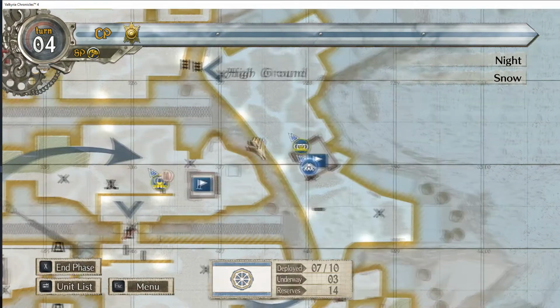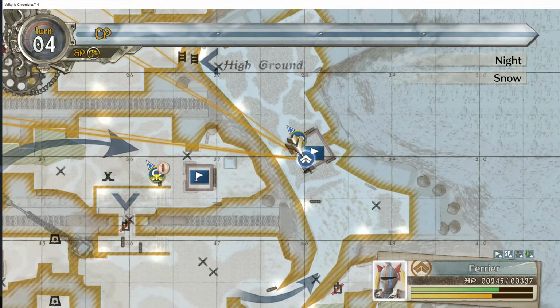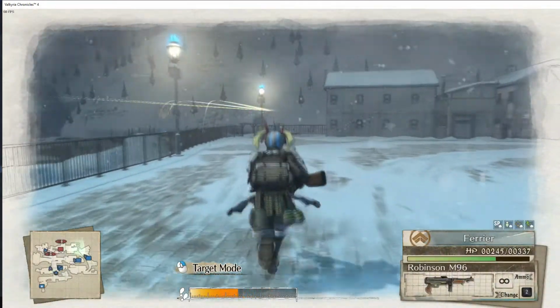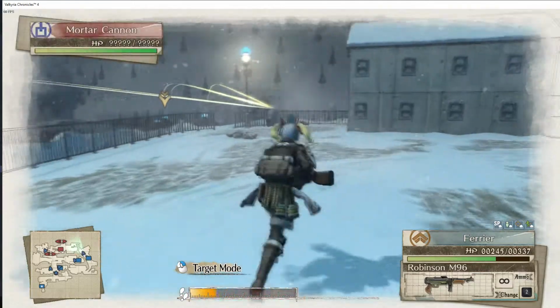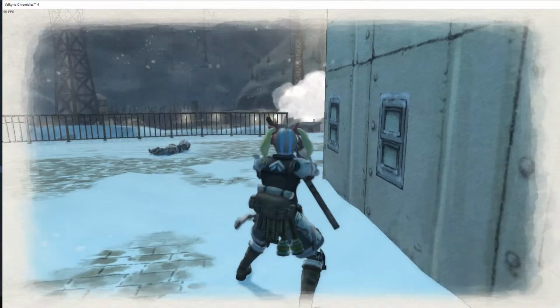Because, yeah, I don't think we have any enemies anywhere near that first capture point. We don't have to worry about defending it as much. And I absolutely love this character, Farrier, here. She's probably my favorite character from the game. I love her design. And not to spoil anything, but I